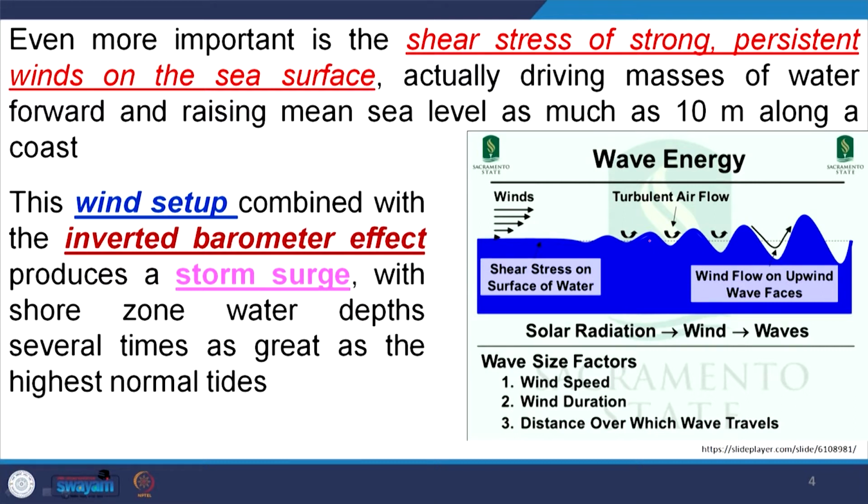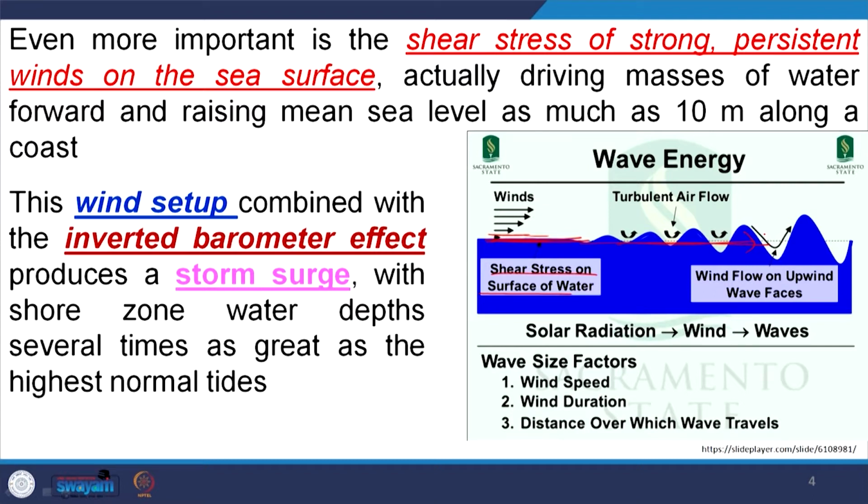So, during the cyclone, due to the shearing action of this high speed wind, if you see here, this is the wind, this is the water surface or ocean surface, and the wind is blowing here. This is the shear stress on the surface of the water, and finally, we know that gradually ripples will form, then ripples will be converted to mega ripples, and again these mega ripples will be converted to waves of high amplitude and higher size. So, gradually this persistent wind, due to its shearing effect on the water surface, creates this type of waves.